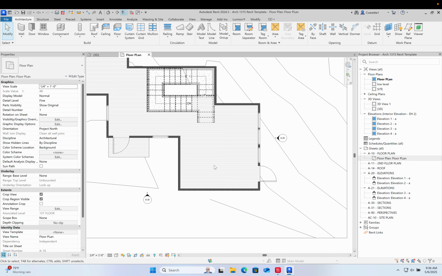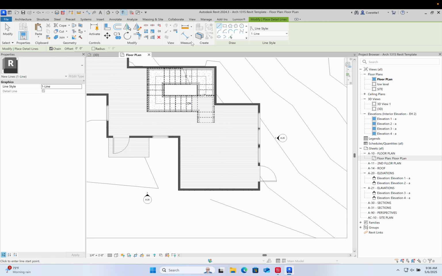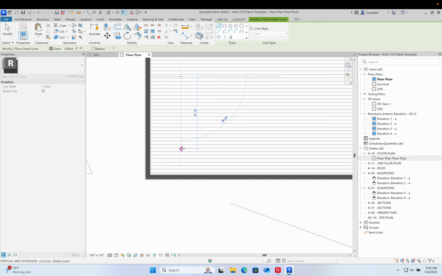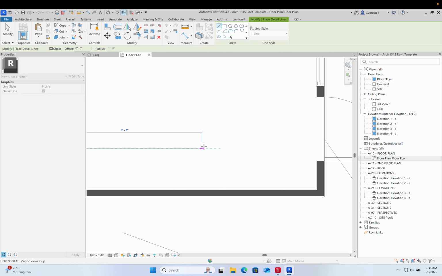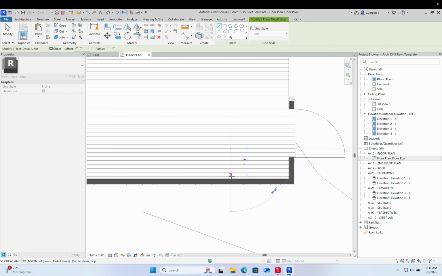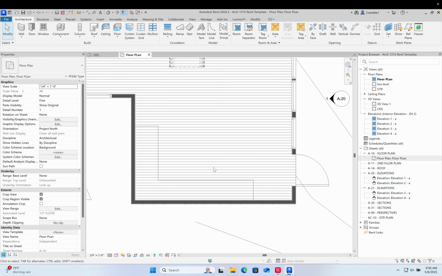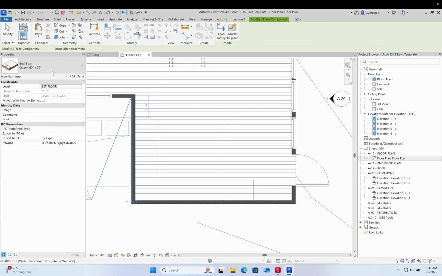And to be fair, I can draw stuff real quick, such as DL, which stands for a detail line. I can sketch it out first, and what's kind of nice is it gives me the dimension lines too. That could be really helpful, especially if I'm working with a client, drawing with them real quick. I can kind of get the countertop, if you will. To be fair though, if I do a component, the countertop I gave you,